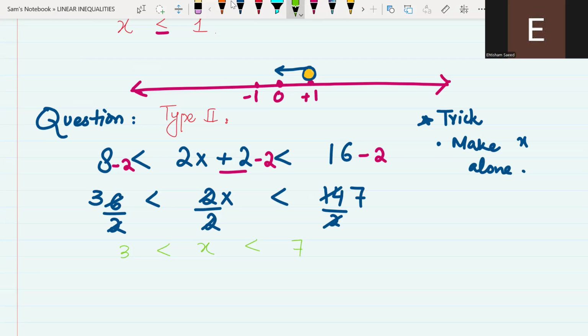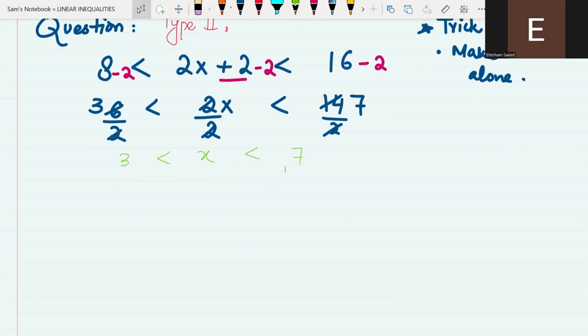Now, how can we plot this on a number line? So basically now we are going to draw it on the number line. At the center, the number line has 0, and here it is 1, 2, 3, 4, 5 and so on. On the other hand side it will be -1,